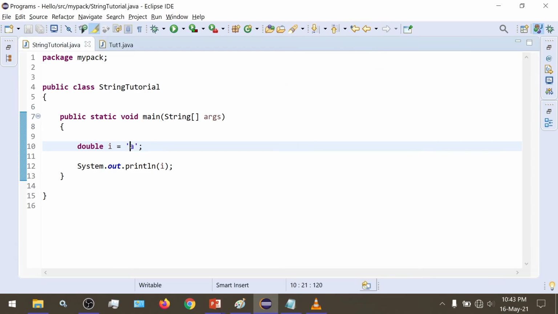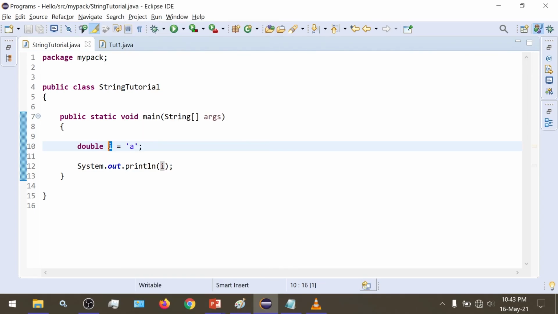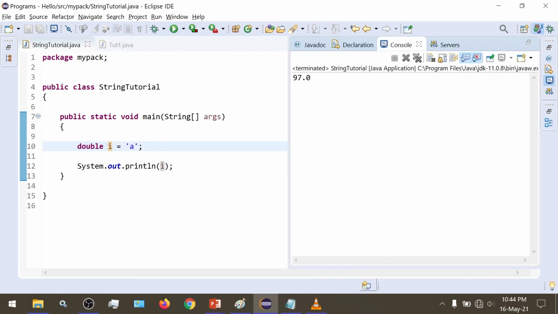What happens is, as I have said, every character has a number associated to it. So this returns its equivalent number and assigns the number to the variable I. The mapping of A is 97, so this is evaluated to the number 97, and then that 97 is assigned to the variable I. And since it is of type double, the .0 at the end is automatically added.